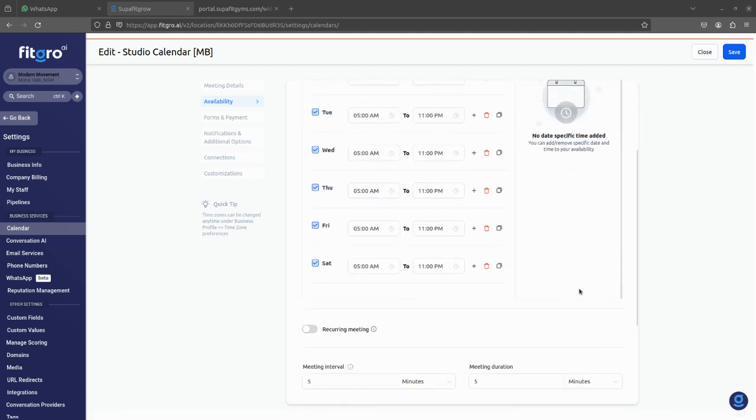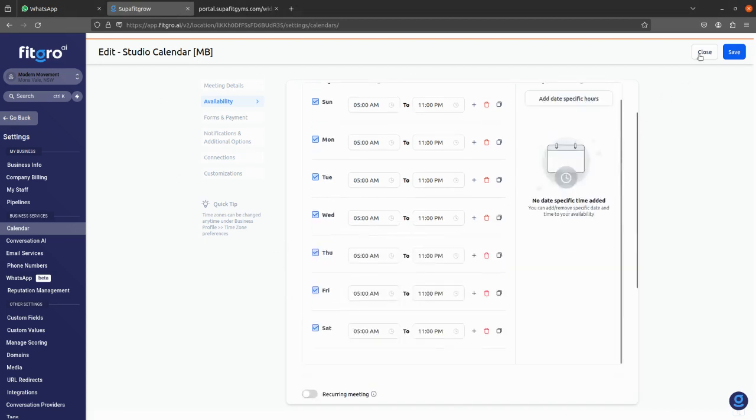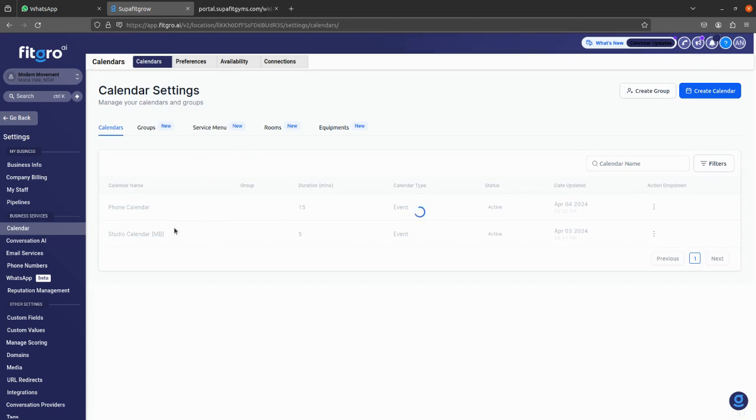Some other cases where you could get this error is when the slot is not available, obviously. If you raise the meeting duration or meeting interval to something like 1 hour, the slot becomes an hourly slot. And also, most of the time you would not be able to